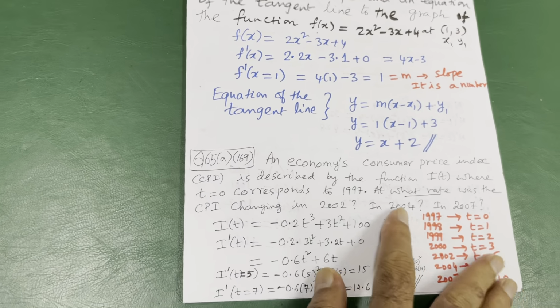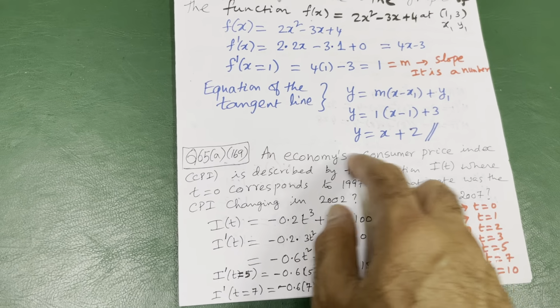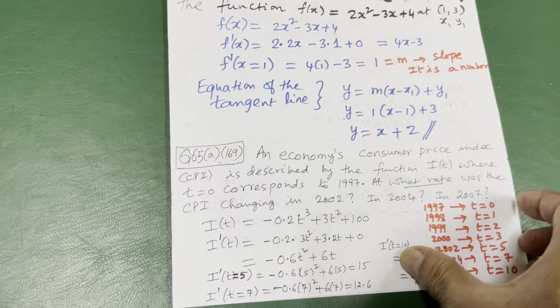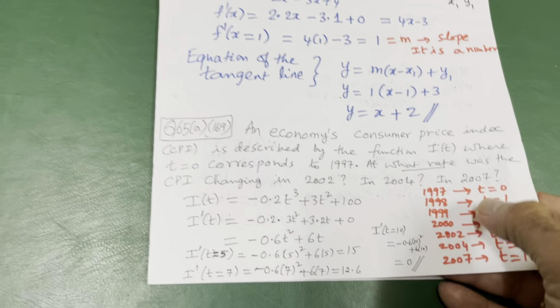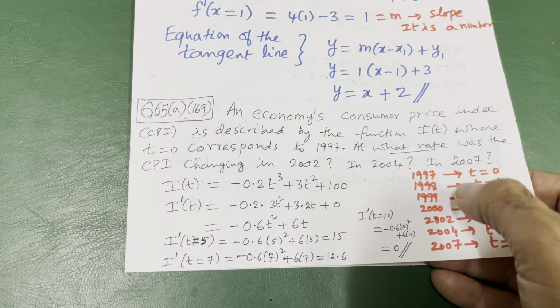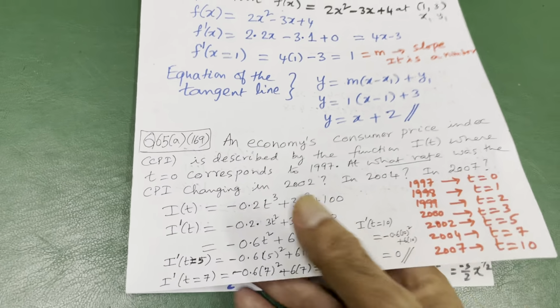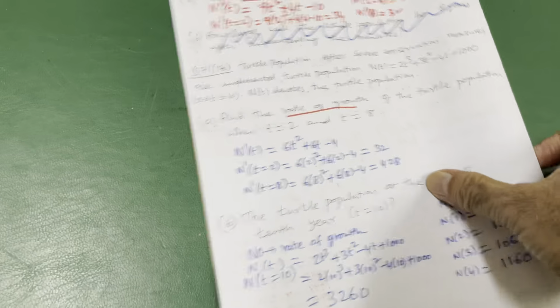So this is the problem. The only thing is you have to understand English rather than anything. Rate of change means derivative. Just find the derivative, put the point. While putting the point, you have to be careful with these things. This is called understanding this English. Nothing to do with the calculus.